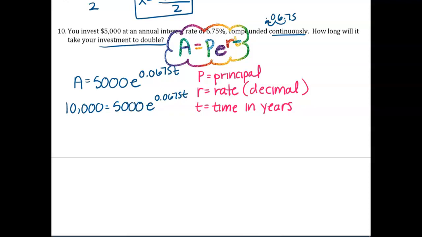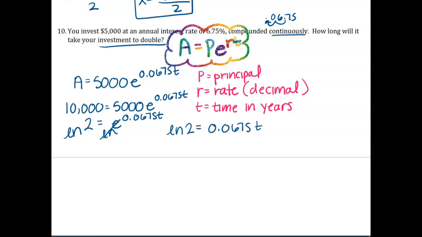Divide by 5,000, because we're trying to get the e by itself so we can natural log both sides. 10,000 over 5,000 is, sorry, it's 2. So then we get e to the 0.0675 t. Now I'm going to take the natural log of that, and by that I mean both sides, but this e cancels. So I have the natural log of 2 equals